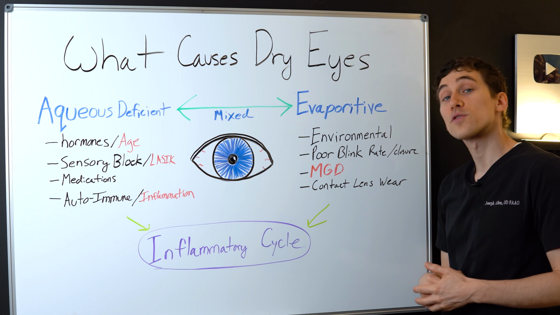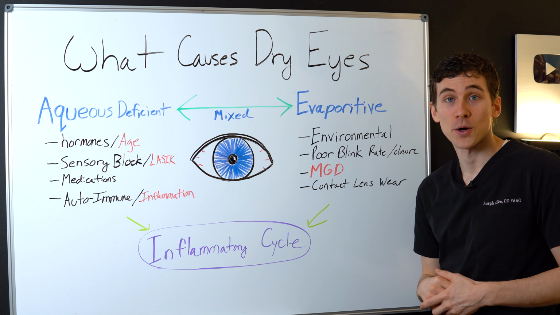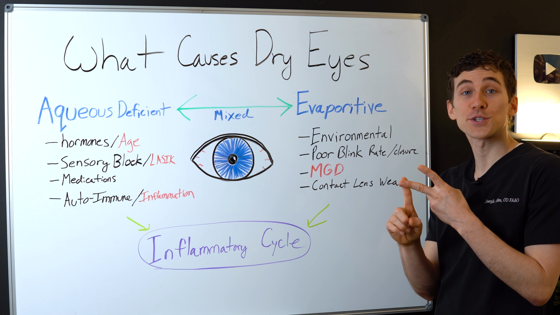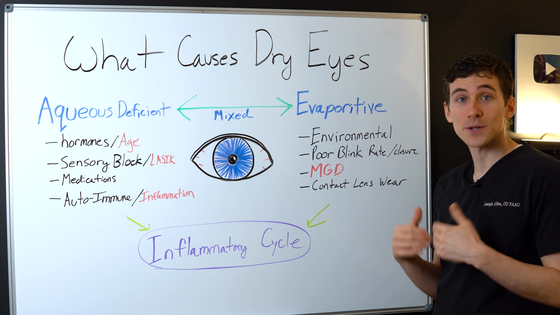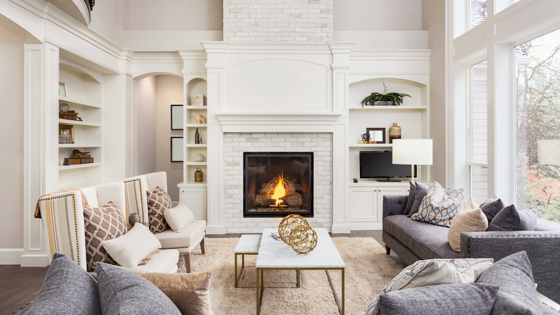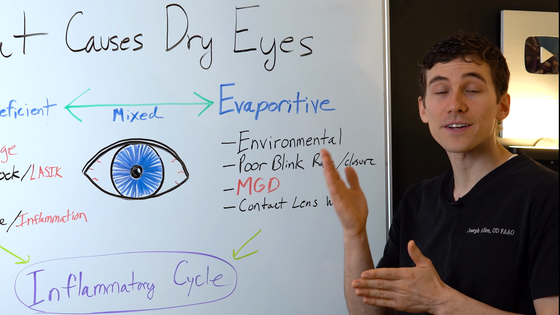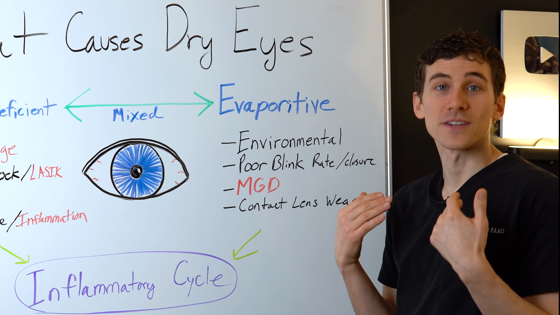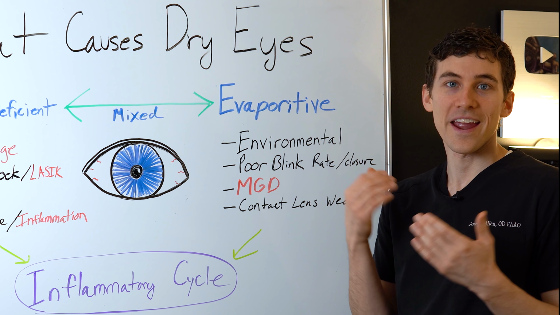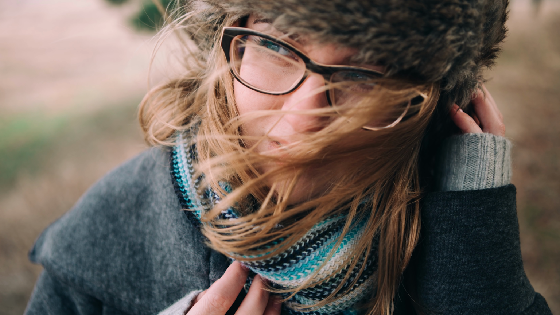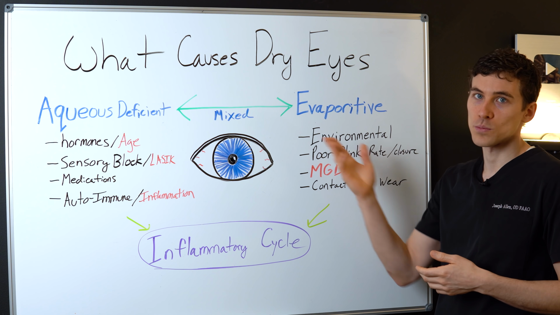Now, when it comes to the evaporative forms of dry eye, there is an environmental component, and we're talking about the humidity, temperature, and airflow. When there's a really low humidity, especially here in the winter time in Minnesota where I live and practice, the furnaces are on, and that usually causes the humidity to be very low, and that tear film is going to evaporate quicker into the air. Temperature in general, if it's hotter outside or indoors, it's going to again cause your tear film to evaporate faster. And then airflow. So if you have air conditioning, a fan, or maybe you're outside, wind's blowing against your eye, your tear film is again going to evaporate quicker, and then you're going to end up with more dryness.